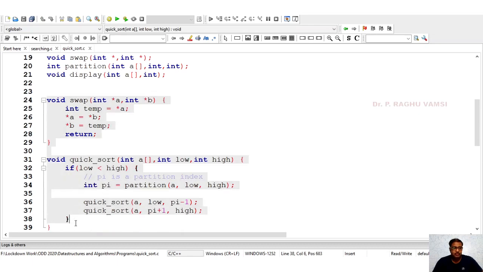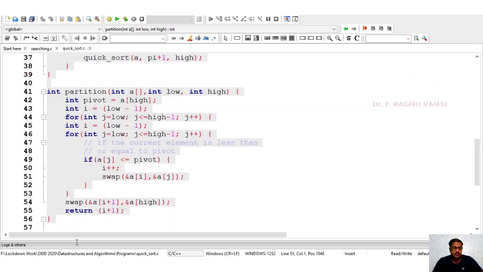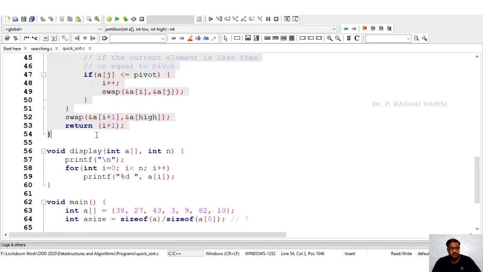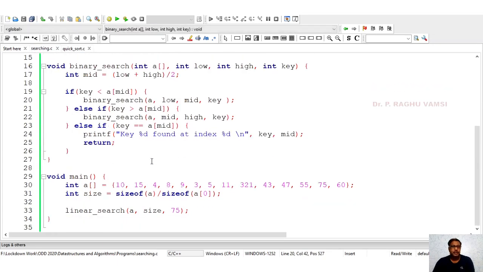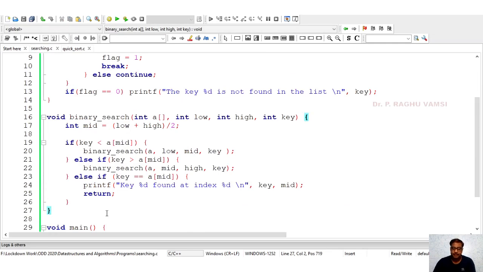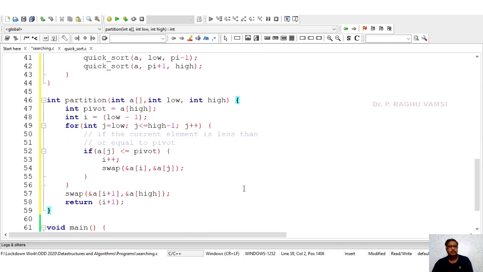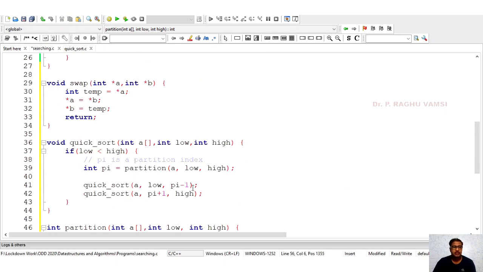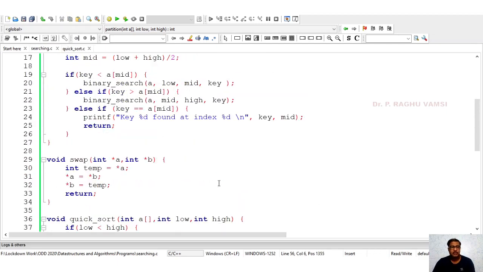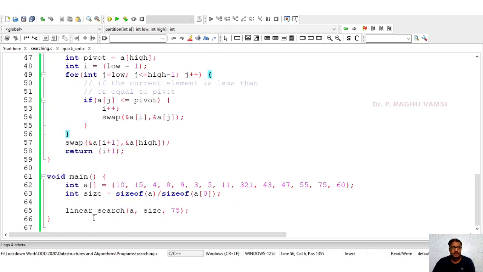So void swap, quick sort, partition. I'm going to take the help of quick sort to make this possible. Next, the linear search is over.